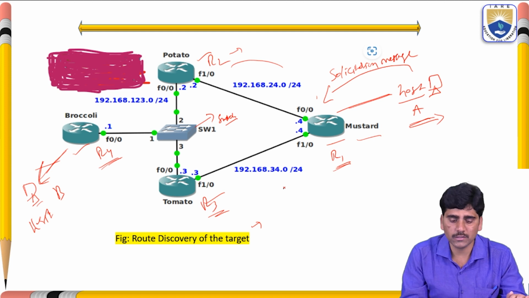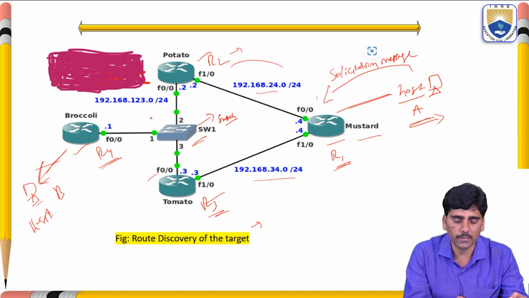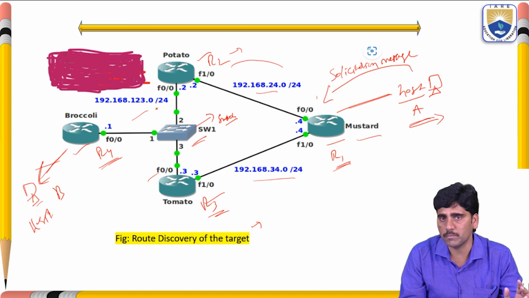What are they going to advertise? They are all connected with the help of this switch, and they say: I am router 1, which contains 192.168.34.0, I am router 2 having this IP address, I am router 3 having this IP address, and router 4 having a certain IP address. So